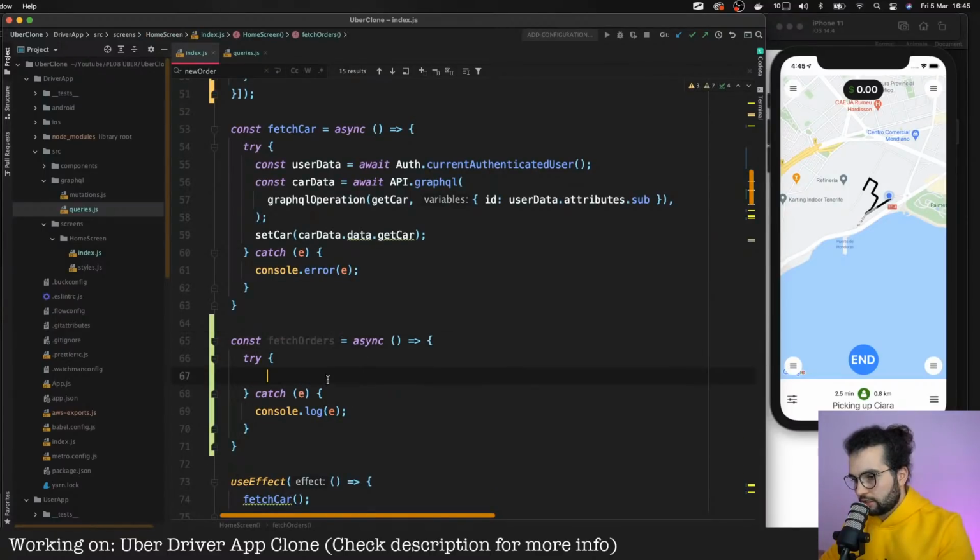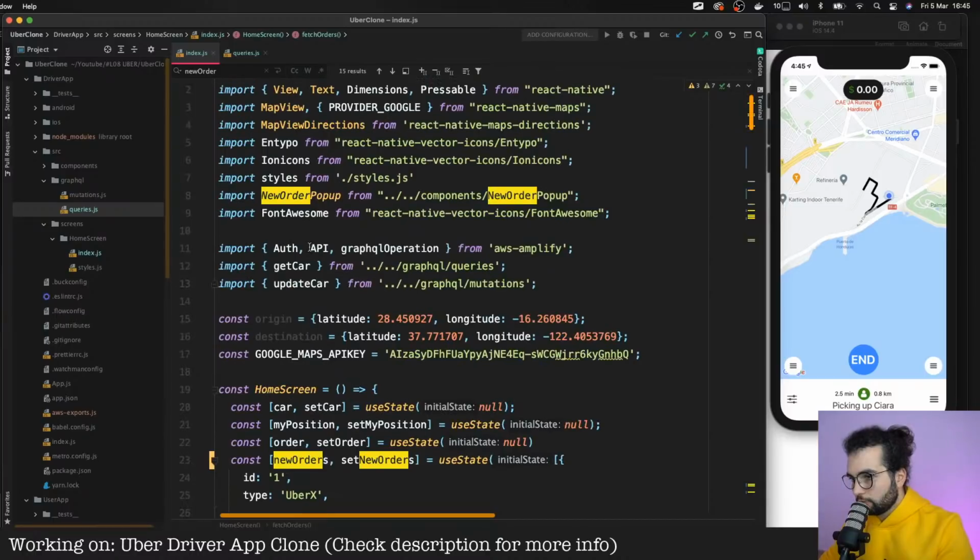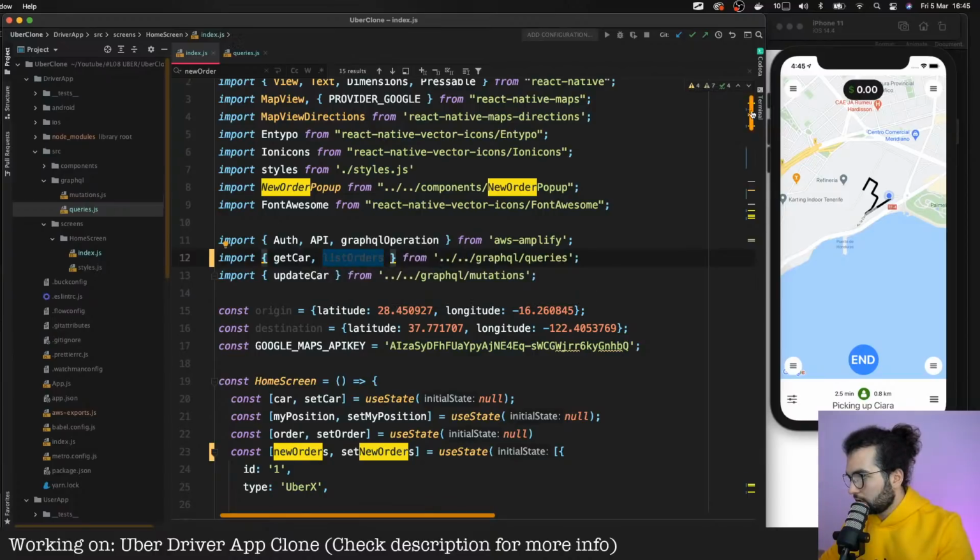Fetch orders. Let's import this. Where is it? Get car, and here list orders.